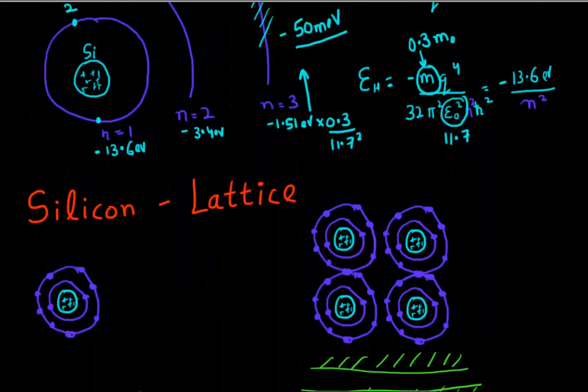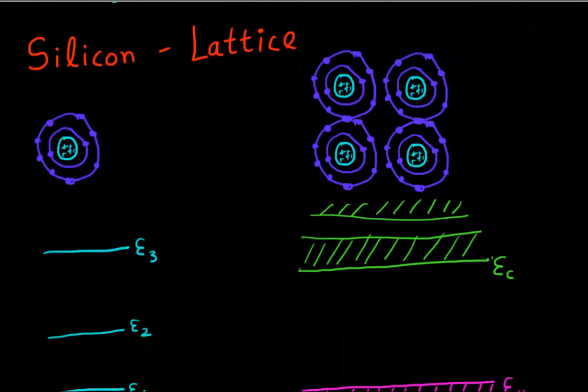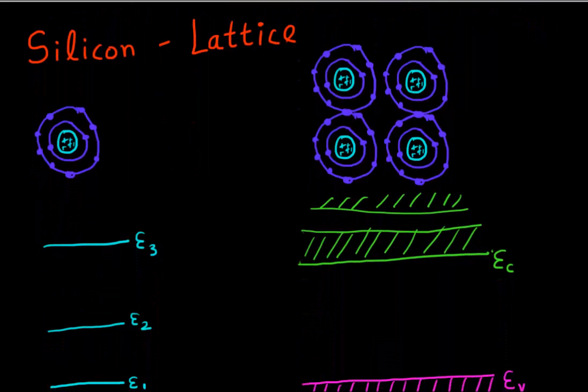What I want to understand is what really causes the change from this very well understood picture of the Bohr model that I learned in high school, this individual silicon atom, to this side, that is, if I go to a lattice,